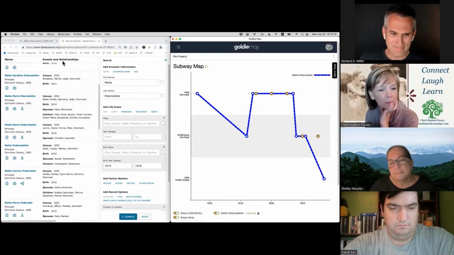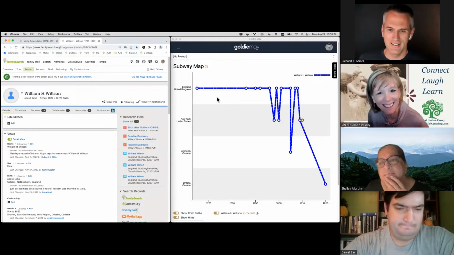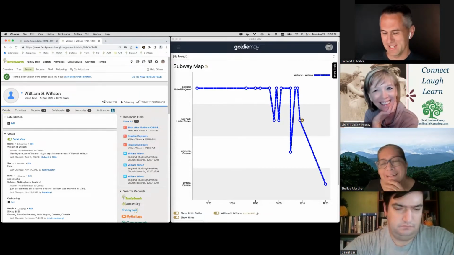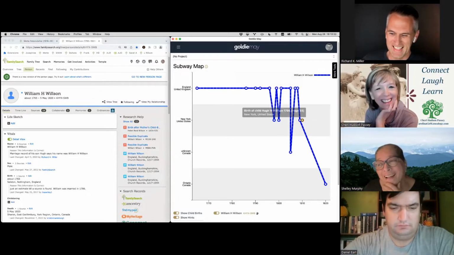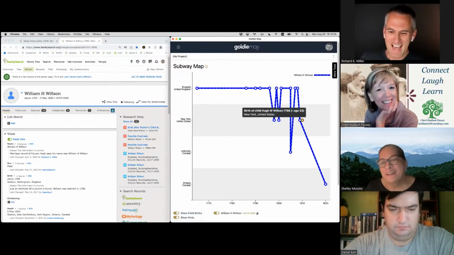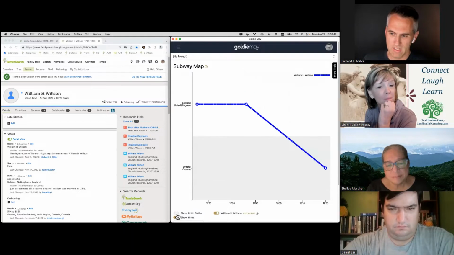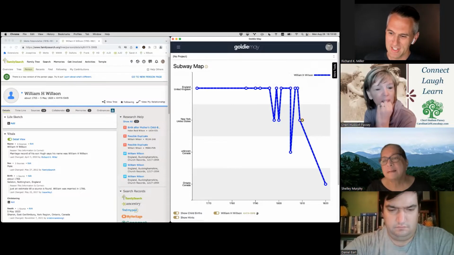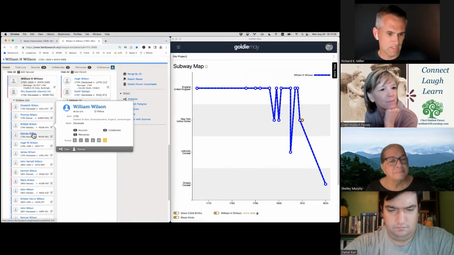And then let me show you a couple other examples here. Here's an ancestor, and this is one of the messier ones, because the data show this William Wilson. That subway, yeah, that's right. He's back and forth across the Atlantic for the births of his children. So there's this option to show the childbirths. If you don't show that, it's a really boring line. But if you show the childbirth, then he's got children in New York, England, New York. You could do this manually. You could scroll down and say, hey, where was this child born? And you click through and see all the places where these children were born.